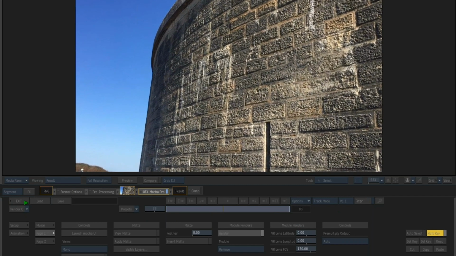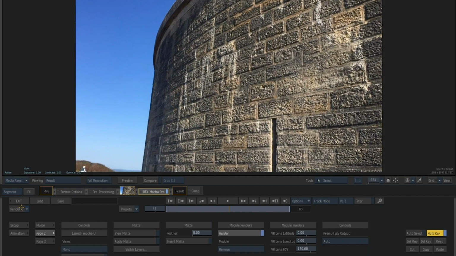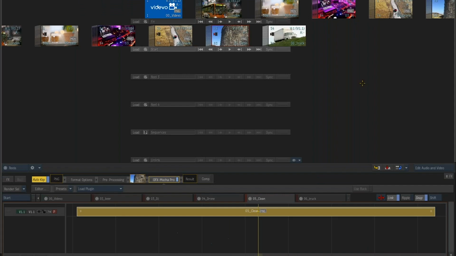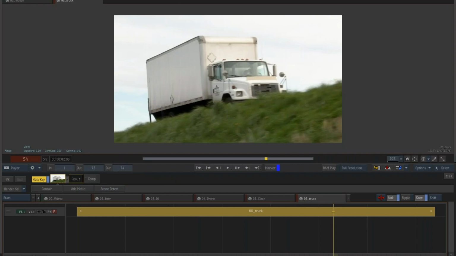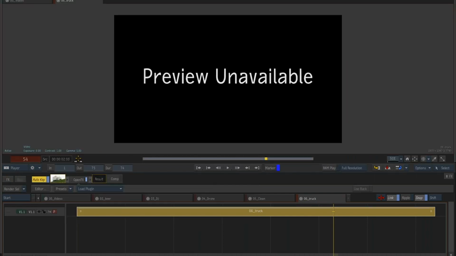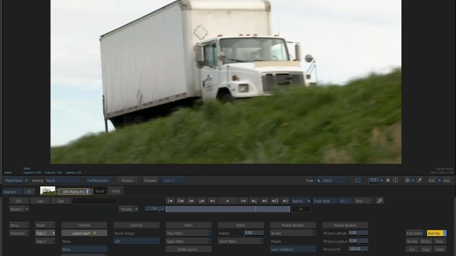So now we're going to move on and take a look at some of the more esoteric things that we can do in Mocha. The next example, we're going to do the opposite of what we did here. Instead of removing something, we're going to insert something into a scene. So if we go to the next example and apply Mocha, edit into Mocha,